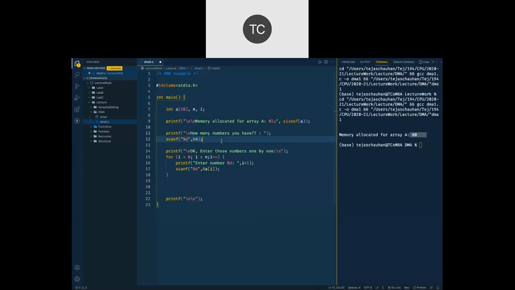And then we ask the user to enter those numbers one by one: enter number 1, then number 2, then number 3, then number 4, and so on. Now, how many numbers are we going to ask for? Equal to n, so 0 to less than n. So we take those numbers here. And then if you want to print those numbers back, let's say this printing is the task that we want to perform.